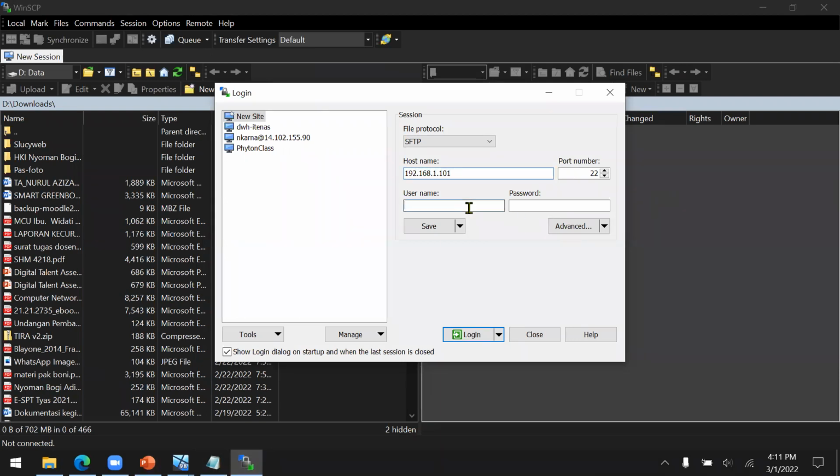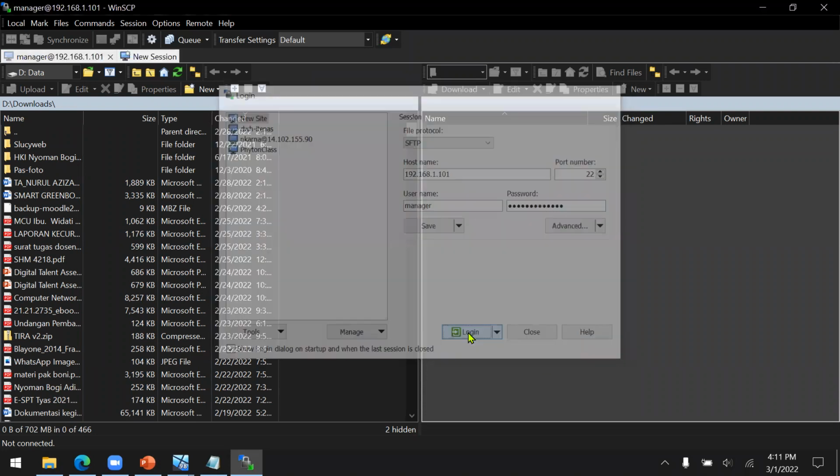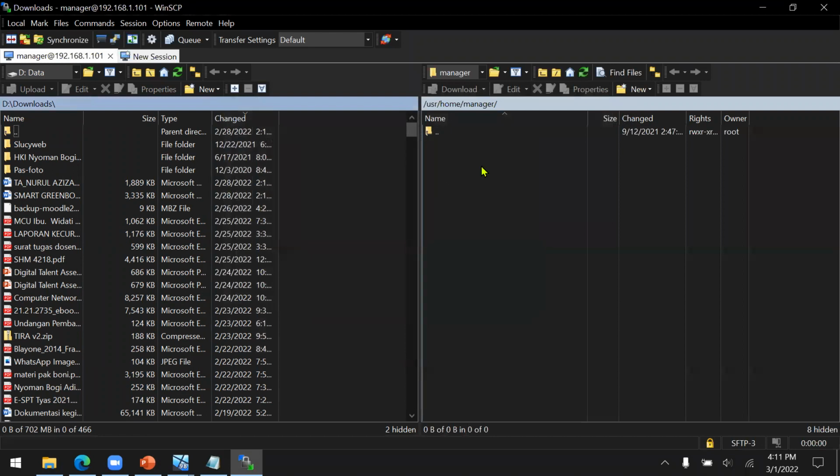And then the username, manager, and the password is, I believe, still cybersecurity. Sorry, I believe I mistyped something. Cybersecurity. Okay, try to login.